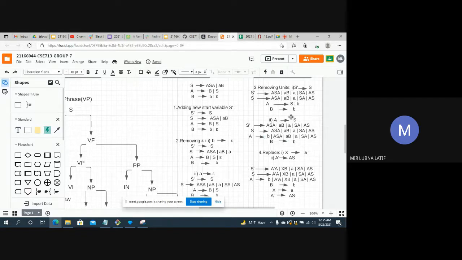For removing this we have used the value of S to A. That means the value of S is this, and here you can see after B we have used the value of S,